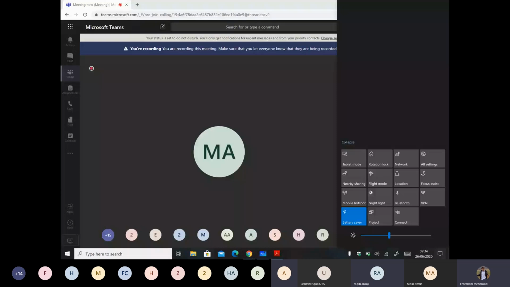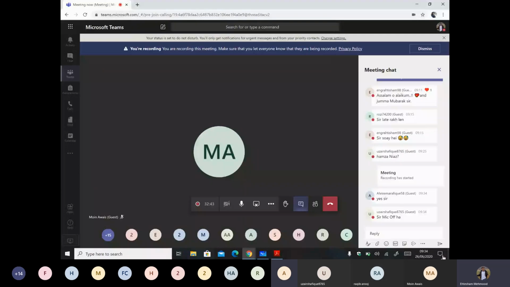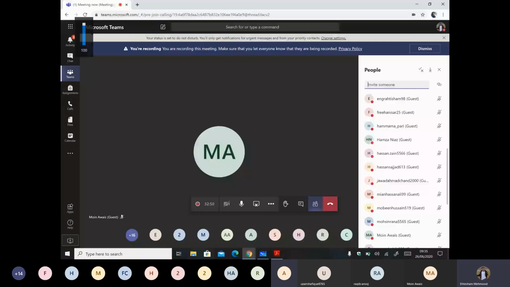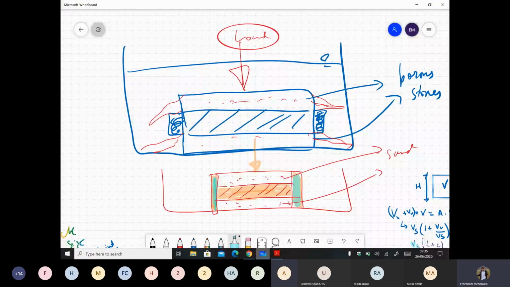Sir, sand place से move हो सकती है, लेकिन जो porous stone है, Sorry, beta, could you repeat that from the start? You're very hardly audible. सर जो sand है वो अगर हम load लगाएंगे तो वो move हो सकती है या equal distribution का problem हो सकता है. Okay. That was the answer I was looking for.